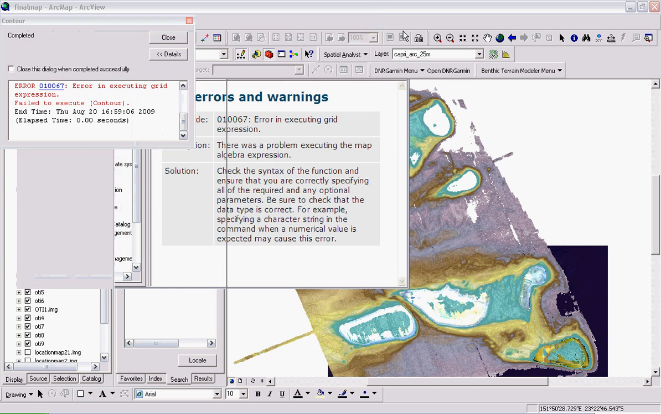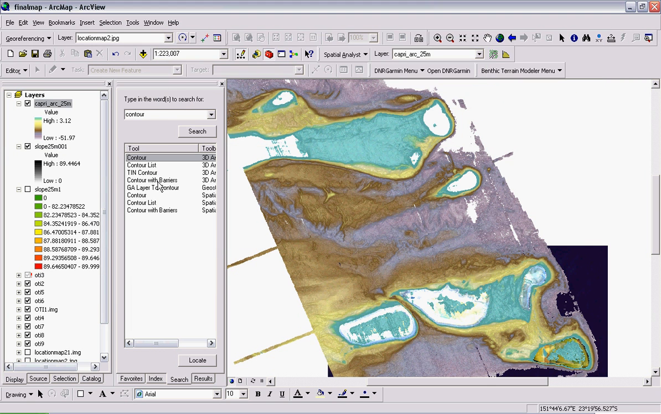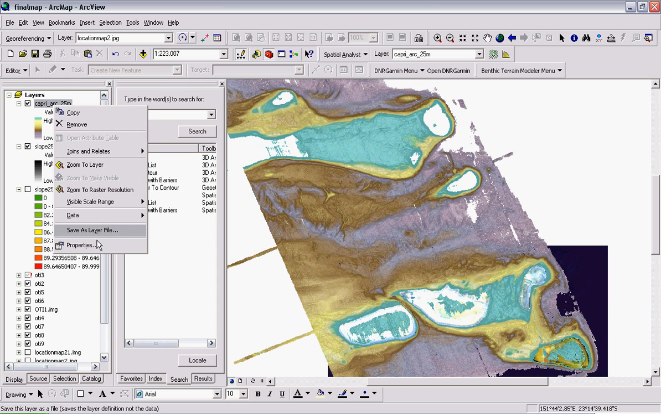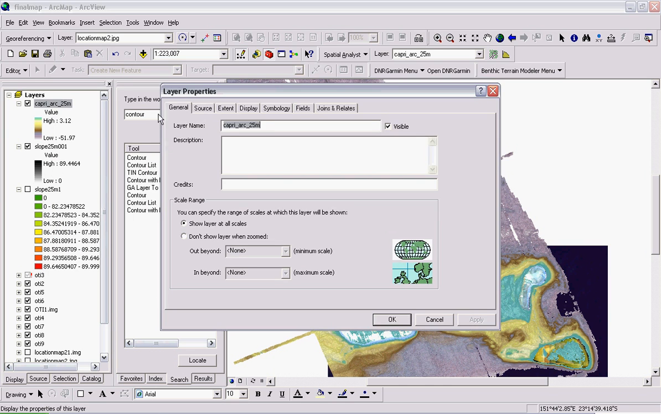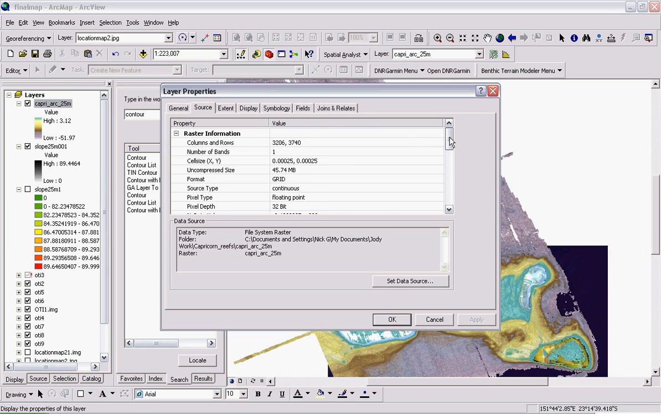So I'll cancel and close that, and then cancel out of this contour tool, and then I'll show you what I normally do if I come up with a problem like that that isn't easily understandable. What I do is I'm going to export this raster grid. The first thing that I checked was I right clicked and went down to properties, looked in the source,